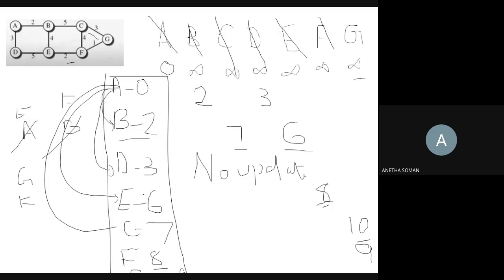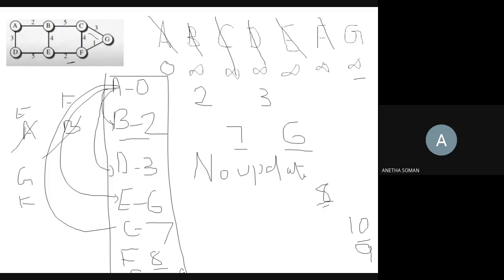So this is the shortest path from your source node to G. You can see it in the diagram also. If you want to reach from A to G, you can have many paths here. Out of those paths, I have just found A to B, B to D, D to E, E to F, and G. So the least cost tree for node A, I have constructed.